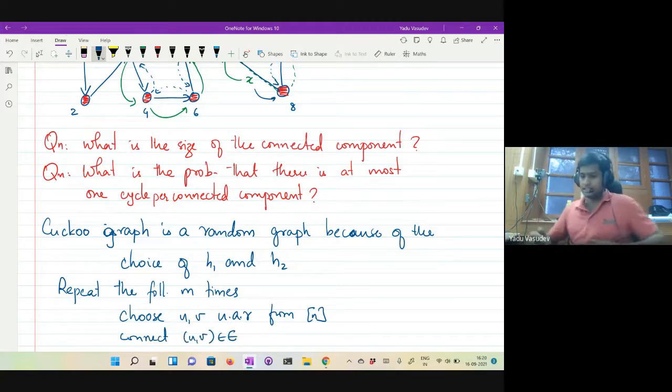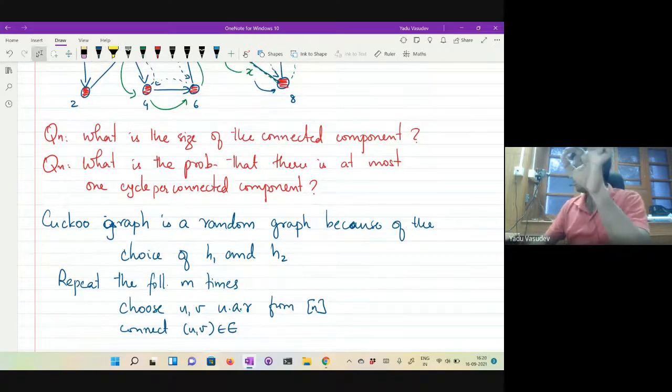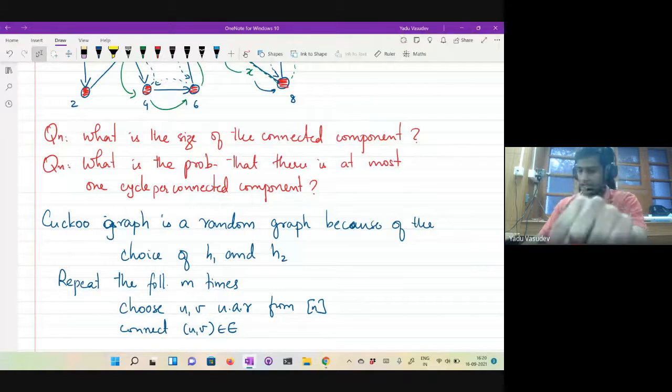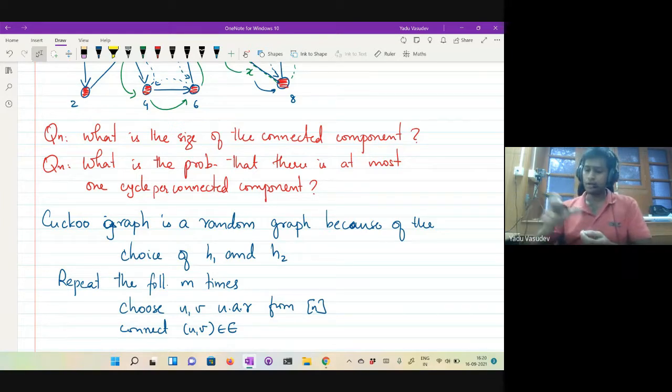Recall that an edge is the element that you're going to enter into the hash table, and the vertices are the possible entries. So you choose an edge, then there are two possibilities where you can put it, corresponding to h1(x) and h2(x). Since h1 and h2 are truly random functions, you choose two vertices uniformly at random from 1 to n, and then you connect them for that element.